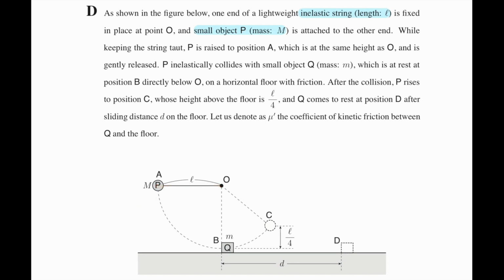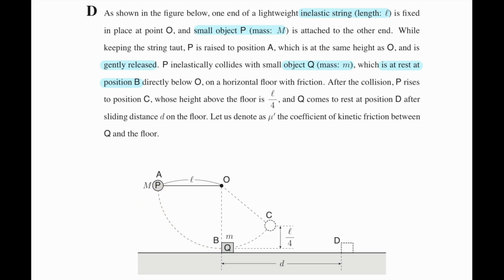P is raised to position A, which is the same height as O, and is gently released. And then P inelastically collides with small object Q of mass M. After we release P at point A, it will move towards this path and then it will collide inelastically with object Q. Object Q initially at rest at position B,